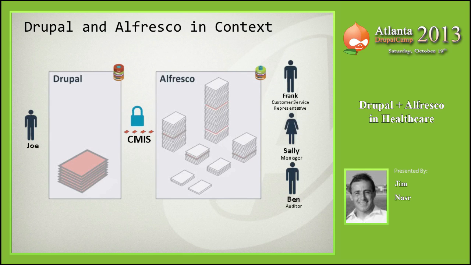Just real quick, this is how these things look. In our scenario, we have Joe as a patient interacting with an insurance company, and there's various folks there. All the consumer activities are through Drupal. All the back end is in Alfresco. And the connection between these two is through this protocol called CMIS, which is the Content Management Interoperability Services, an API that's managed by OASIS. We really like that because it's open and it's managed independent of specific vendors. So if you build code to that standard, that's not going to just go away because a particular vendor chose, I don't want to support it anymore.